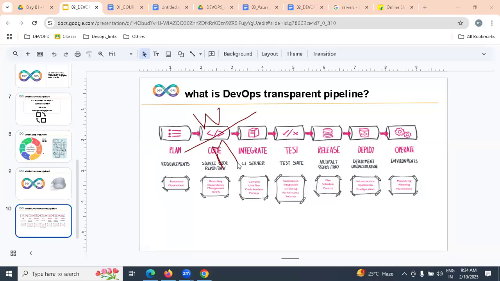Written by the developer and maintained by the DevOps engineer.